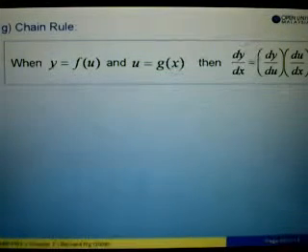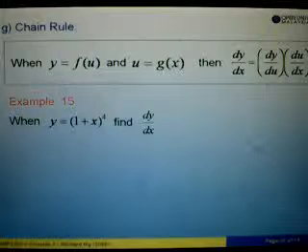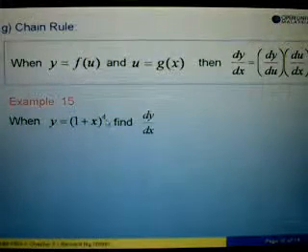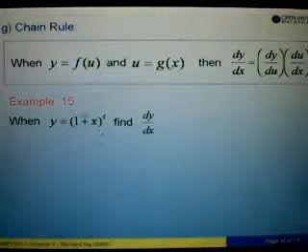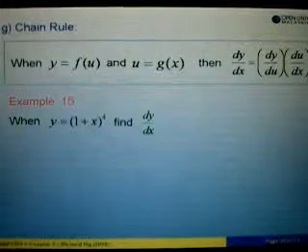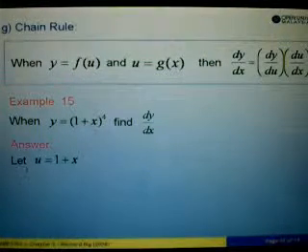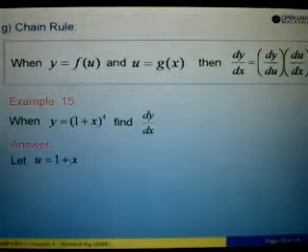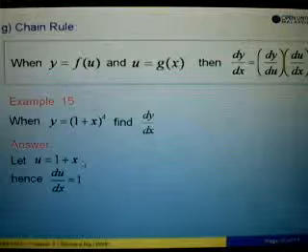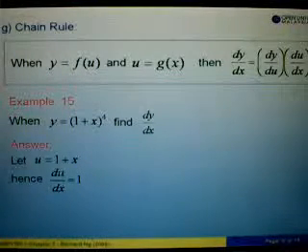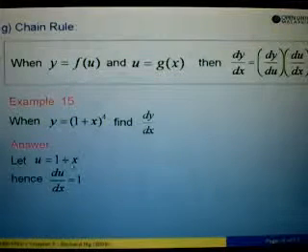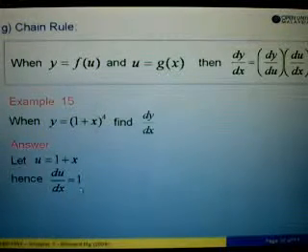Now how to use this formula? Let's look at example 15. So in this case, when y is equal to 1 plus x to the power 4, the first thing is, let's assume that this 1 plus x is replaced by u. Alright, so let u equal 1 plus x. So from here, first step is to find du compared with x. So du over dx, we cannot differentiate a constant because constant will give us 0, and when we differentiate 1x, the answer is 1. Okay,